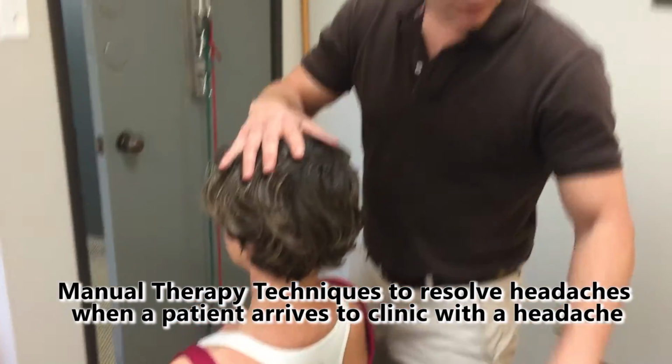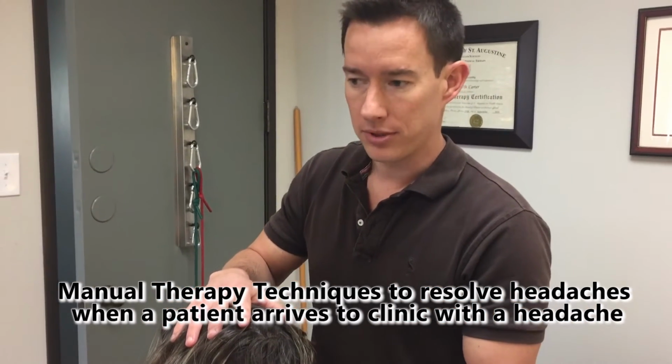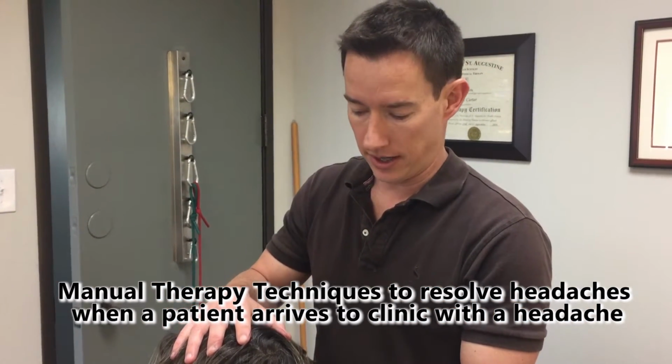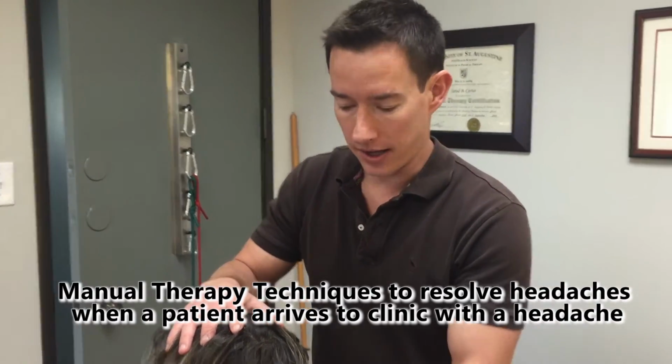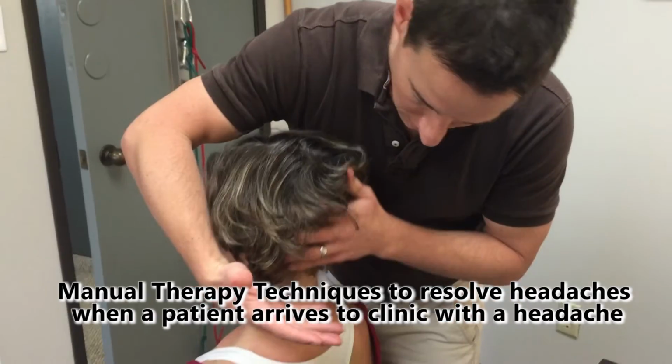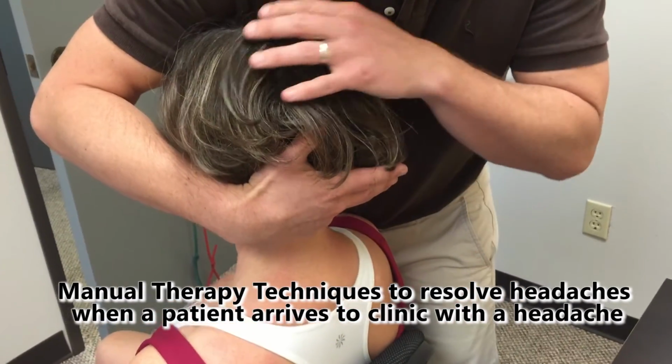So if the patient has a headache when they come in, do two different potential variations. They're Mulligan techniques. One's called a headache SNAG and the other is a reverse SNAG. So the first is you're coming through and with your pinky, you're finding C2,